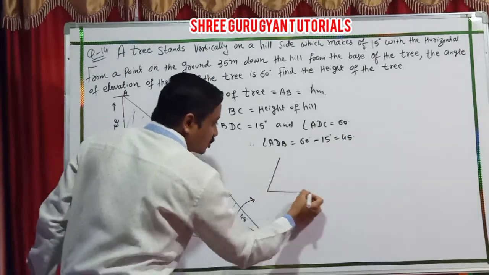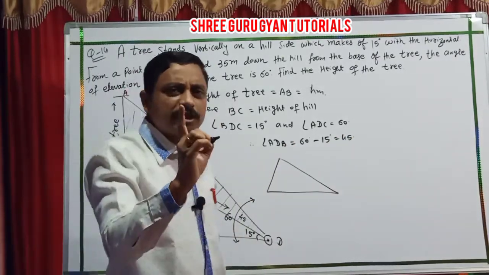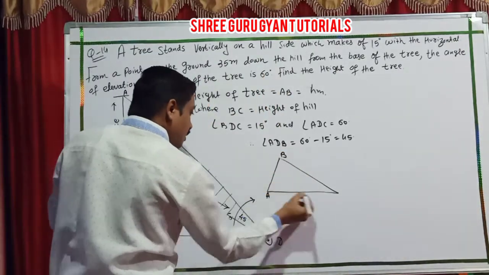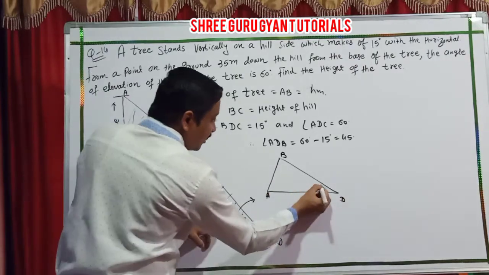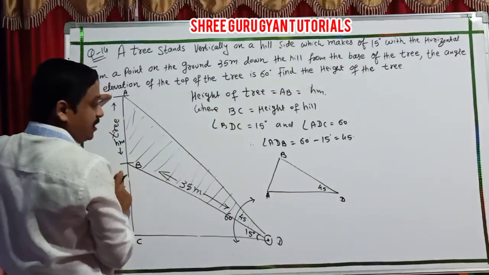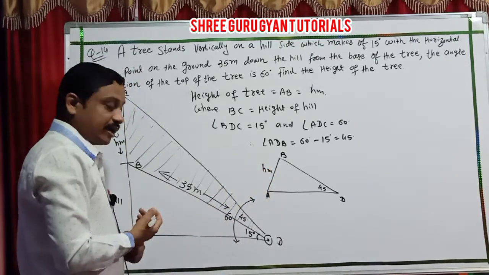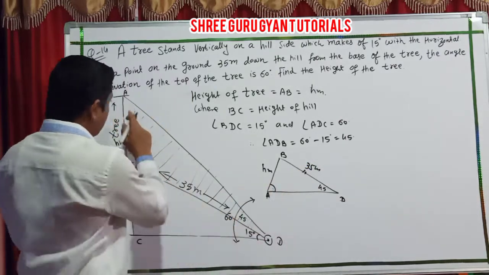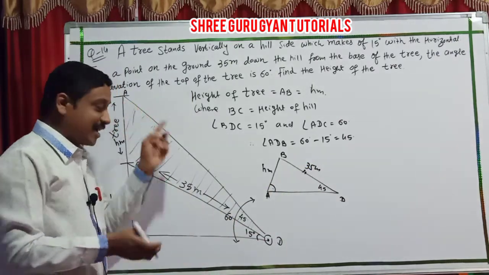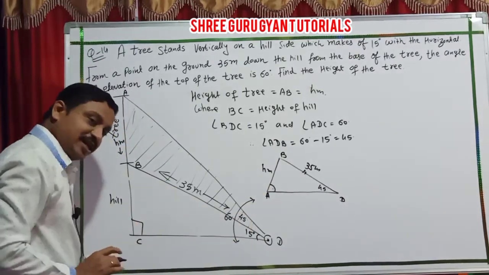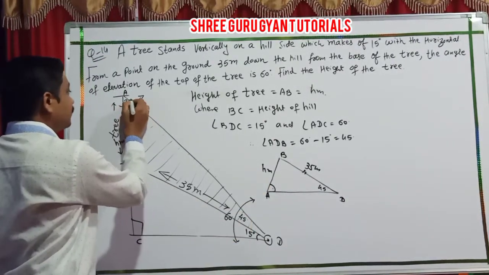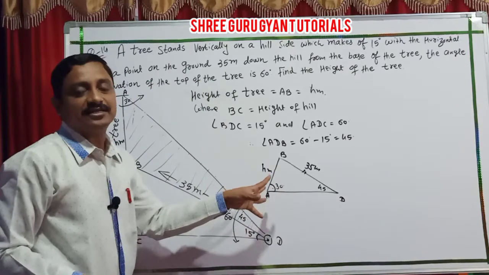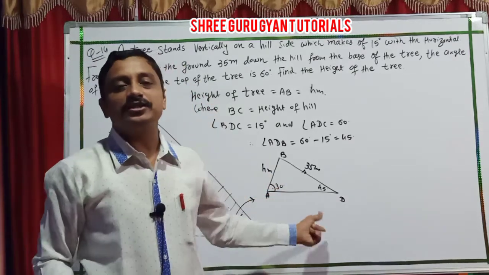Now students, you just focus only on this one triangle ABD. Look here. I write B here, A here and D. Angle D you know is 45 degree. The opposite side AB, I am already taking as h meter. And here BD is 35 meter. And this angle is also known. How much? This is 60, this is 90, so here it is 30, according to the triangle property of 180. So here 30 degree.